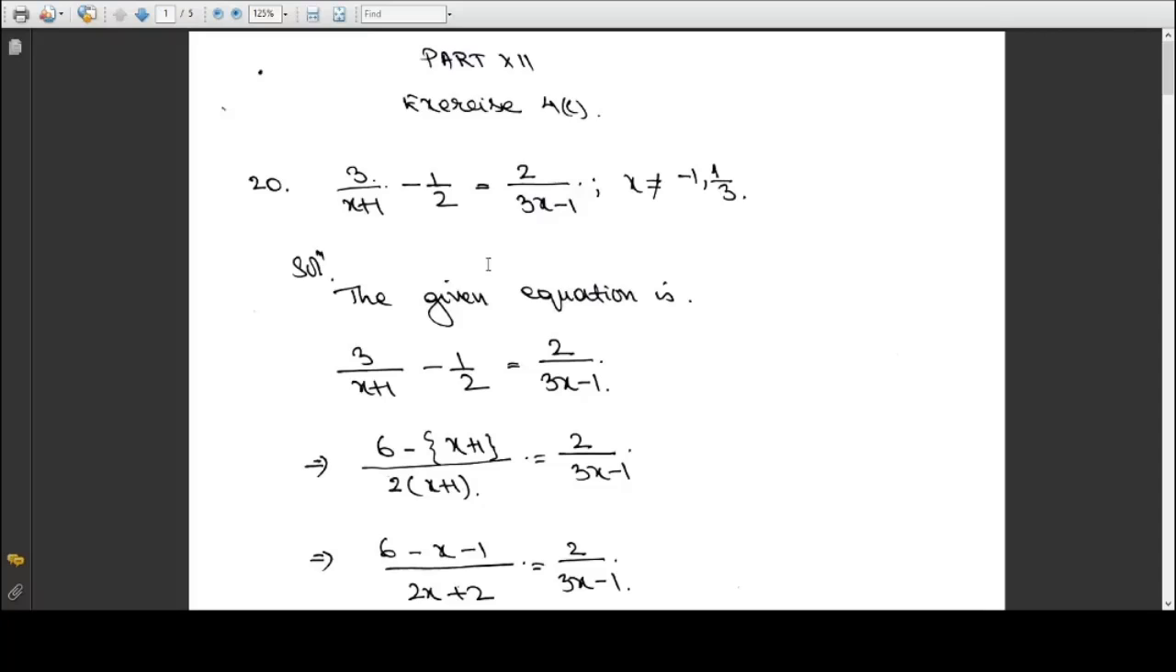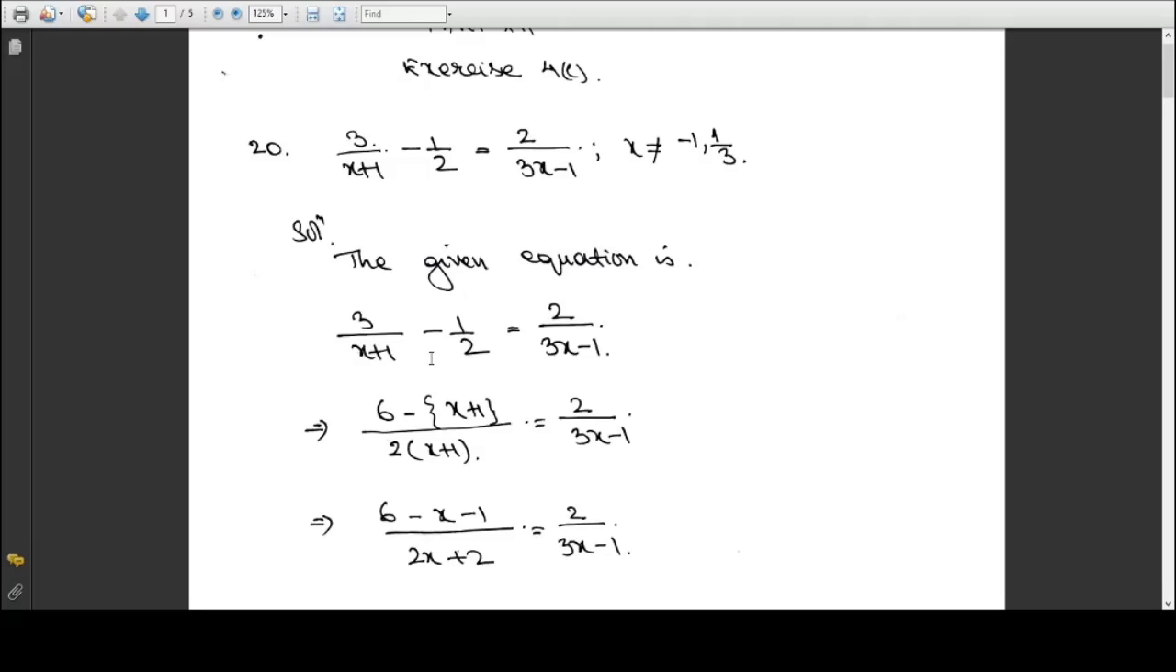Now we'll be moving to part 13 of exercise 4C, problem number 20. Here in this problem it is given that 3 by x plus 1 minus 1 by 2 is equal to 3 by 3x minus 1. The next step